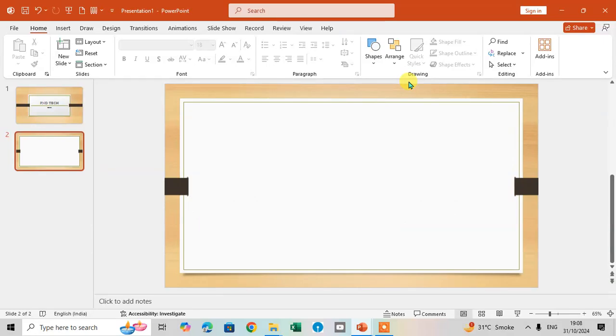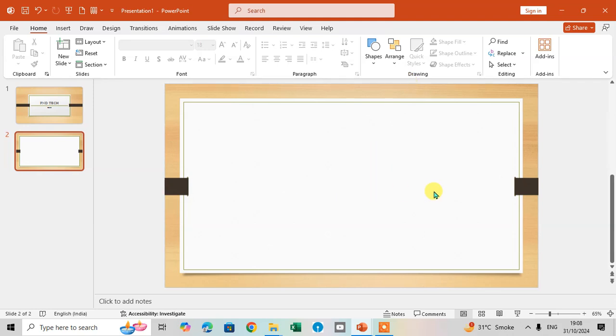In this video, we will explore how to use ink replay in Microsoft PowerPoint. So let's start. I am going to show you how to bring your slides to life with PowerPoint's ink replay feature. This tool lets you animate the drawings and illustrations, perfect for highlighting key points or creating engaging